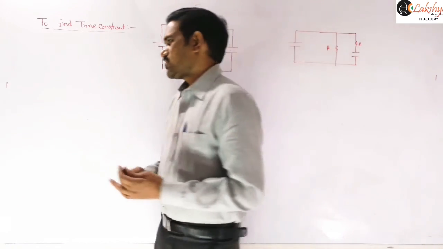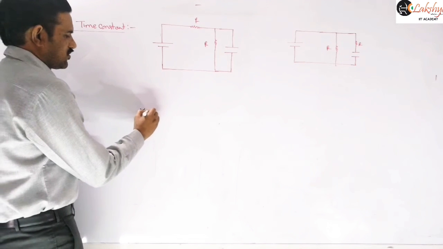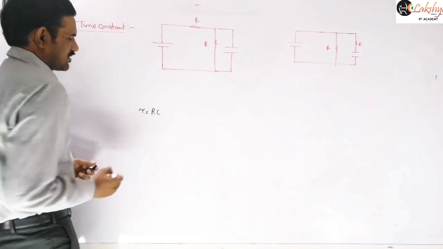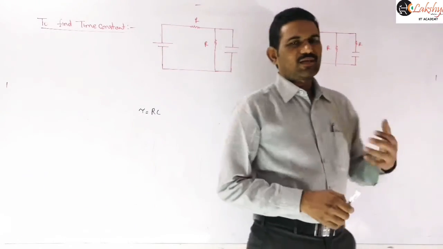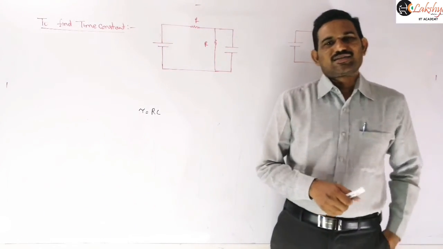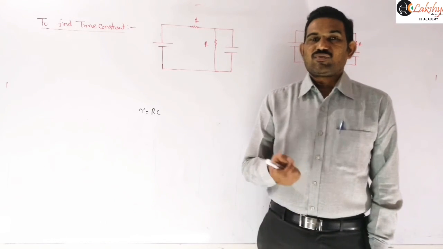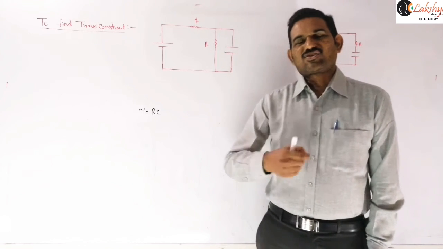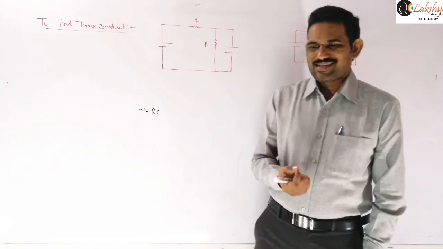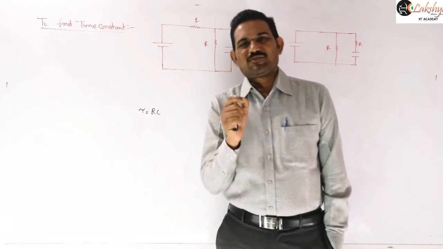So what we mentioned is directly the time constant, tau is equal to RC, we mentioned there, right? Now we are going to discuss the case where many capacitors or resistors are included in the circuit. So how to find the time constant? We find the effective resistance by short circuiting the cells. That means whatever cells are there, we need to replace them by a conducting wire. That is the first step you need to do.